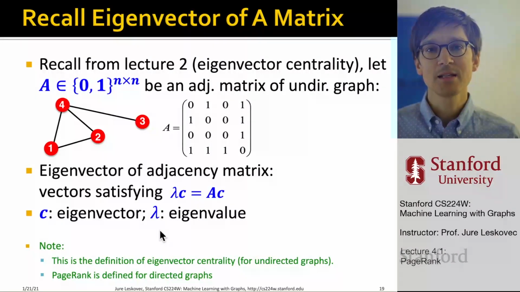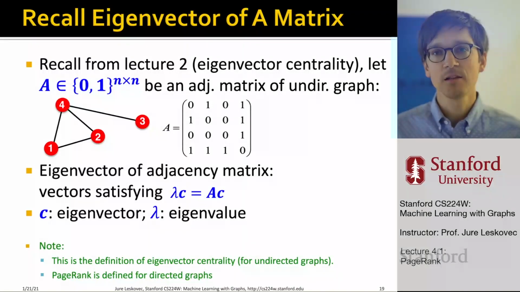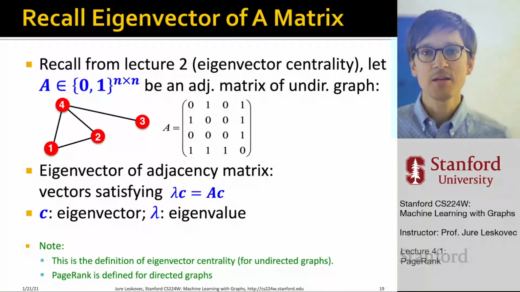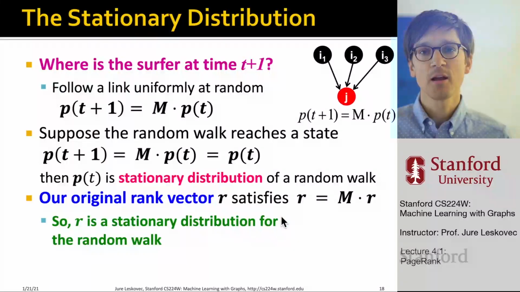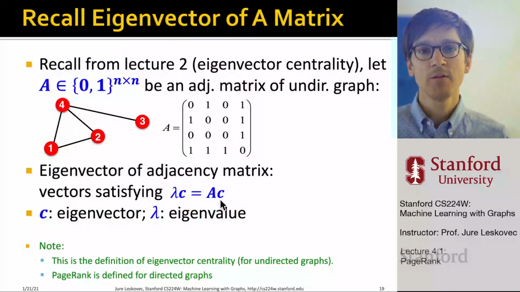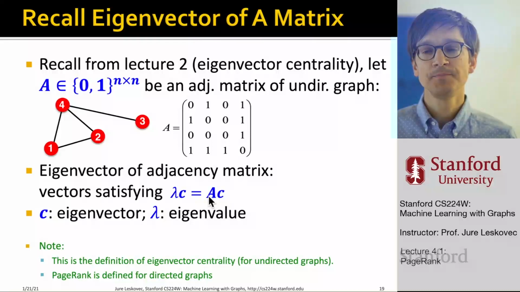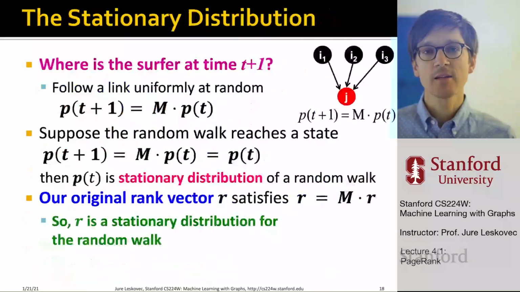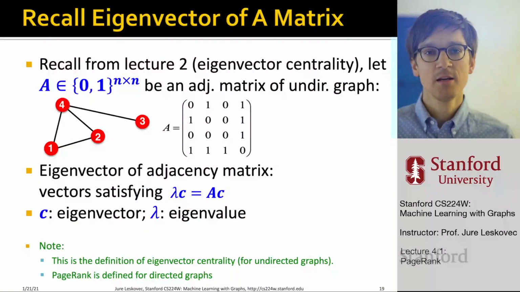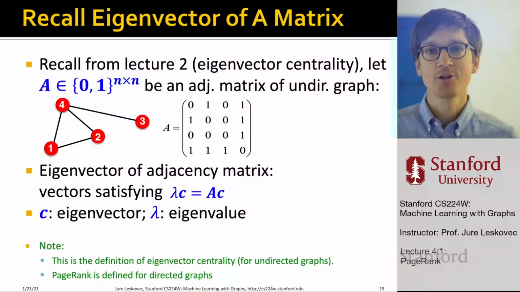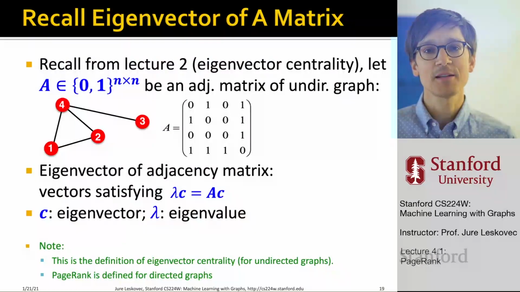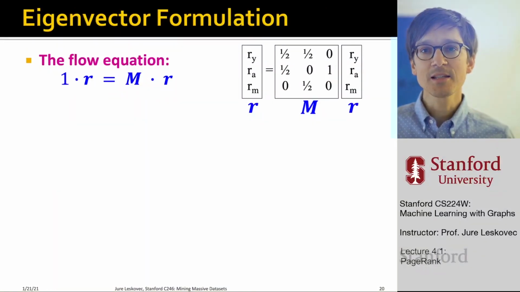So what this means is that the eigenvector centrality that we talked about has a very similar structure to the PageRank equation, right? Here we are using this matrix M that is a stochastic matrix, but we have basically the same equation as what we had in the eigenvector centrality. The only difference is that we have this factor lambda and that we have this adjacency matrix A rather than the stochastic matrix M. So that's the connection back to lecture 2, which is also super fascinating. So now let's keep working.